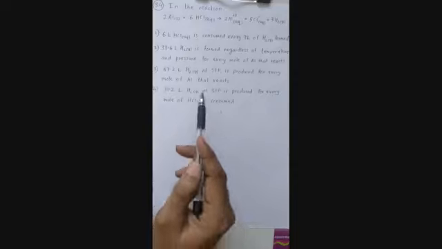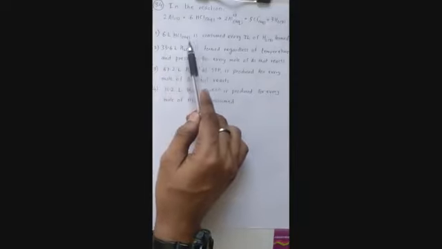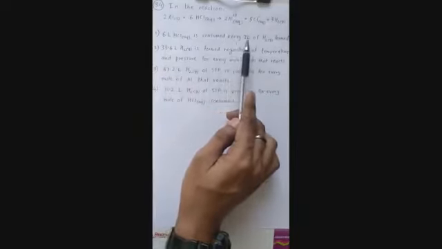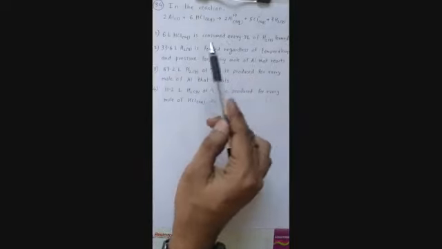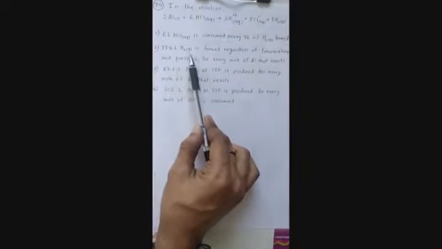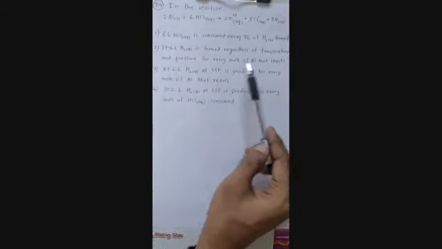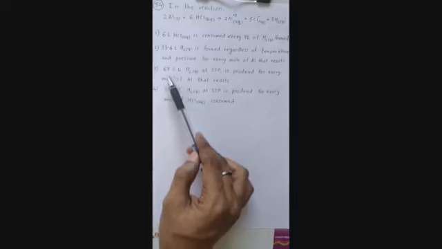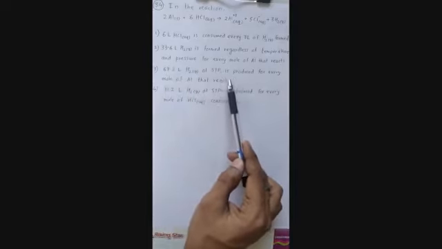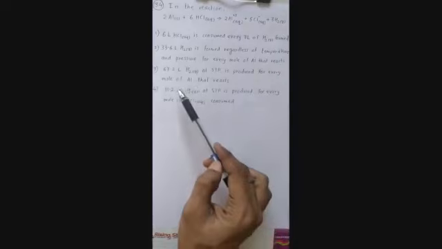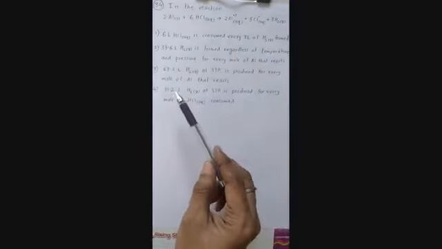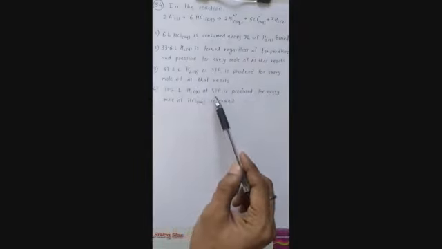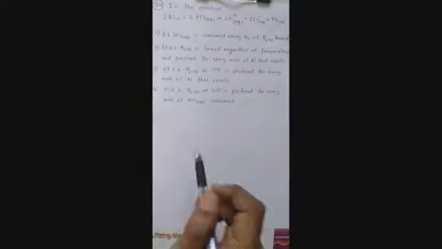In the reaction, you are given a reaction here and we are given 4 options, out of which is correct. The first one is 6 liters of HCl aqueous is consumed every 3 liters of hydrogen gas formed, or 33.6 liters of hydrogen gas is formed regardless of the temperature and pressure for every mole of aluminum that reacts. Third option, 67.2 liters of hydrogen gas at STP is produced for every mole of aluminum that reacts, and 11.2 liters of hydrogen gas at STP is produced for every mole of HCl aqueous consumed.